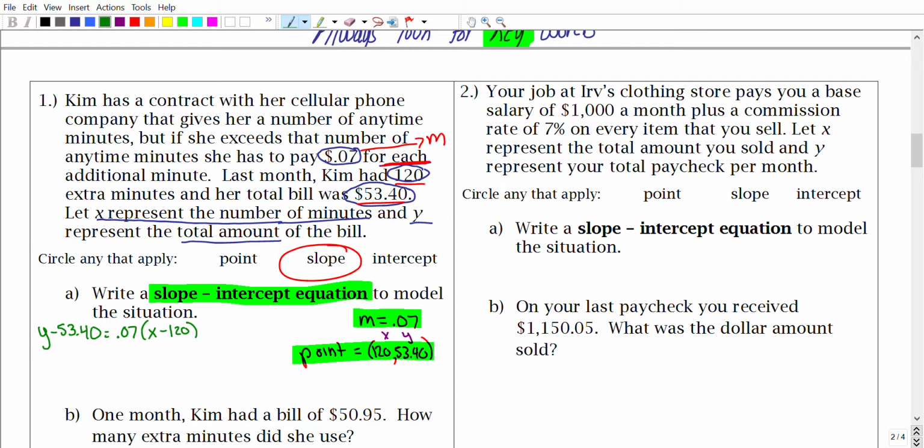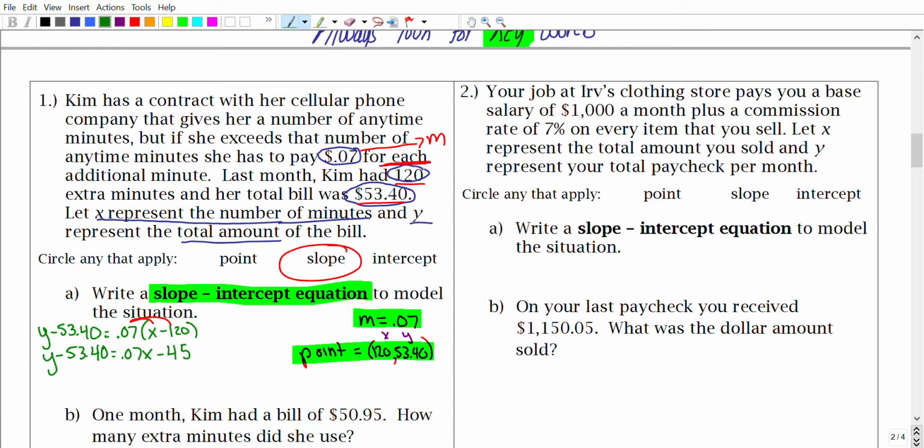Okay, from there all we have to do is distribute because we want a slope-intercept equation, not a point-slope. So we get y minus 53.40 equals 0.07x minus,